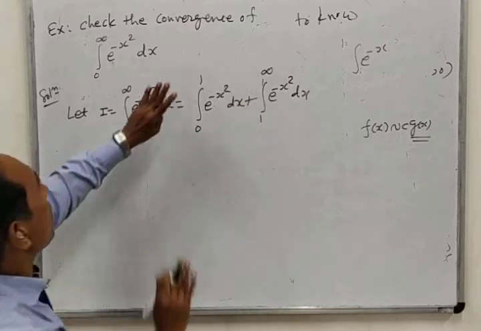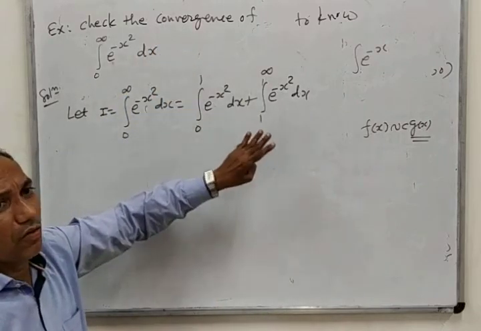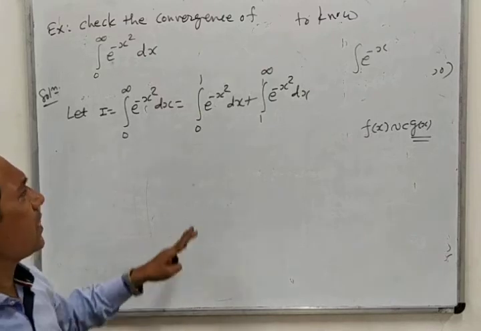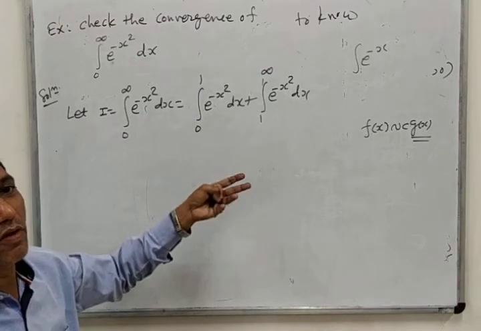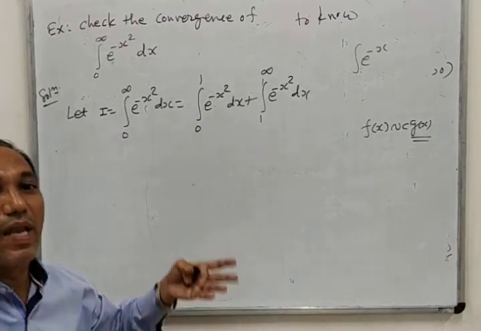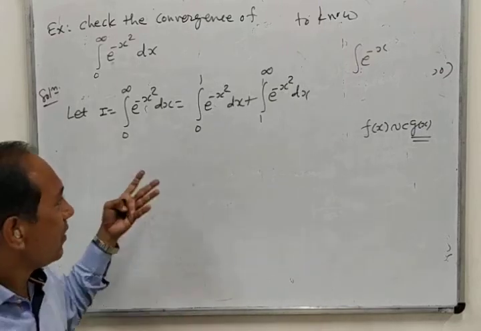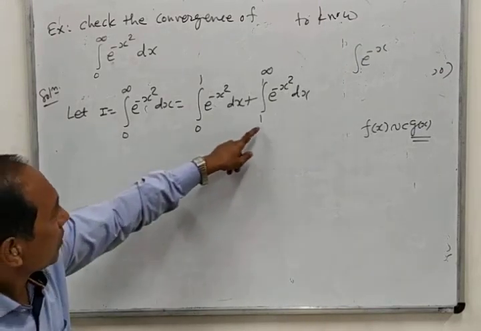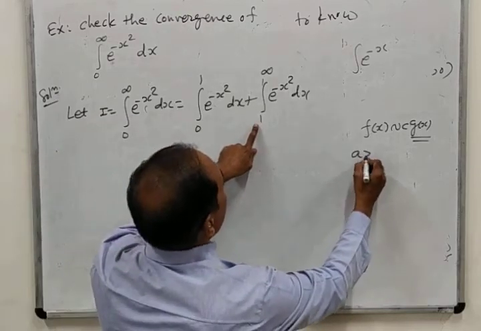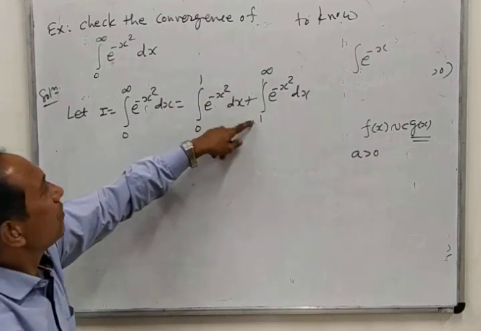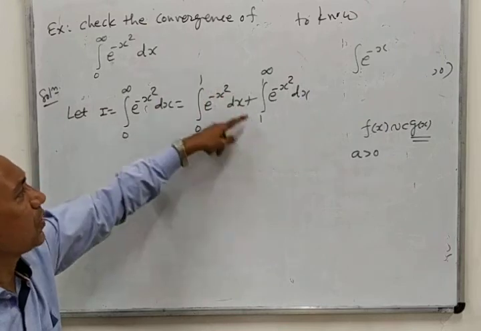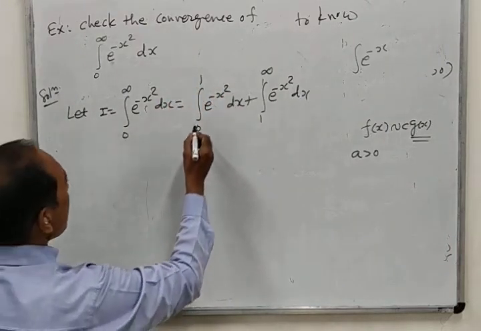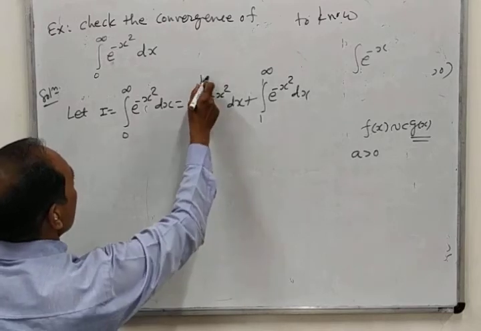Okay? Simply we want to check the convergence. We are not interested in its value. If the value is available, then we can say convergence directly. But if the value is not available, and we can know its convergence without knowing the value, then that will do. So to get the criterion of a greater than 0, I have converted this into 1. You can also write 2, 3, 4, whatever you want.